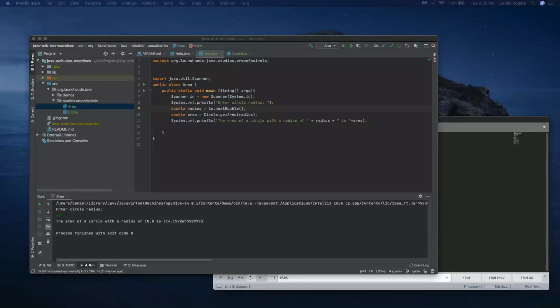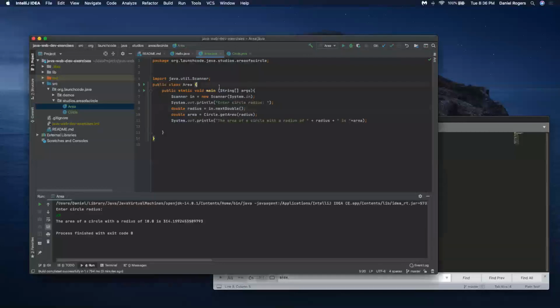So we could do a try catch, or we could do an if else. So one thing we can do is